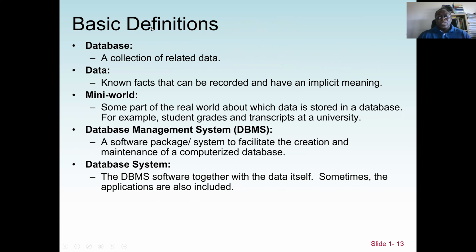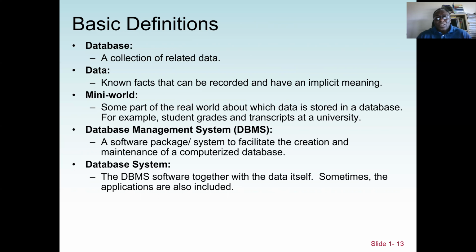So we start with the basic definition. Most of the lectures we have covered so far are about database applications and different types of database applications. Now we start with the basic definition. We know what a database is. A database is a collection of related data that are stored electronically in a computer system. Also, we can say it can be hardware, but a database is a collection of related data. And what is data? Data can be a raw fact,